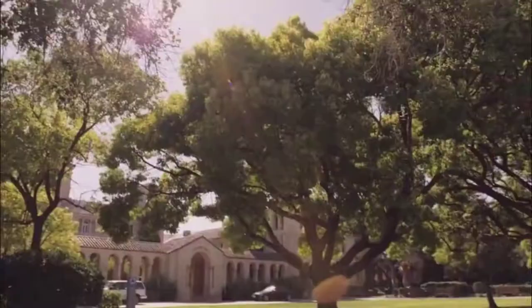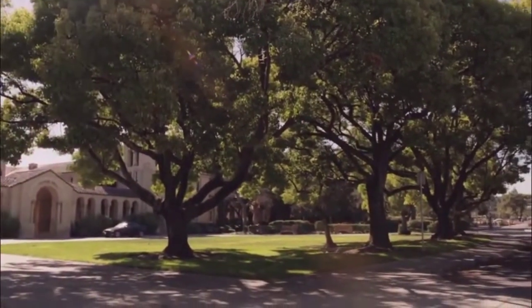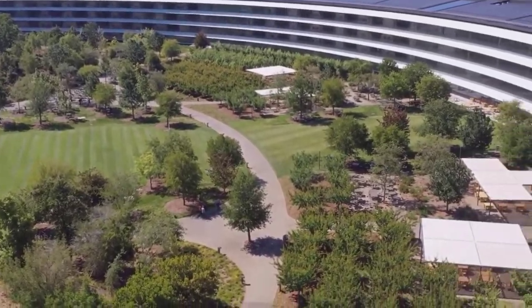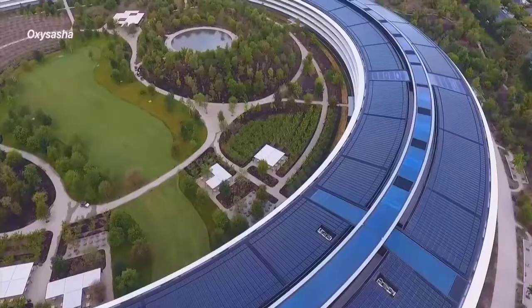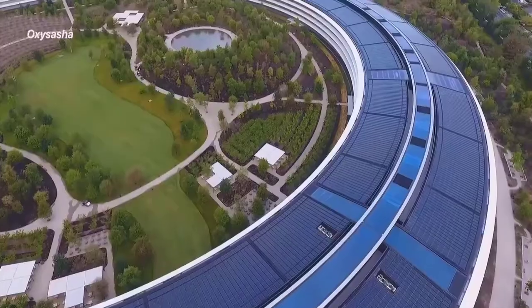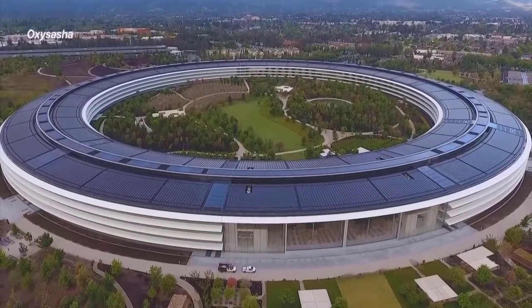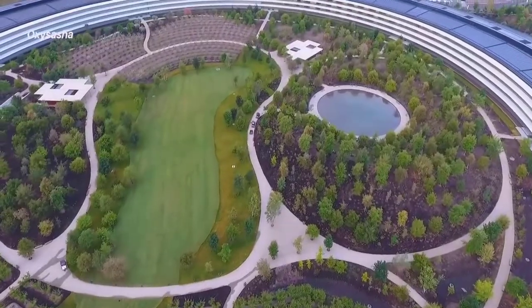Let's find out. Spanning 176 acres of land, you have plenty of room to fit thousands of employees in the structure. But that was not the primary goal. Steve Jobs, the founder of the company, wanted the campus to be closer to nature, more like a park, hence the name, and 80% of the land is green space. It took 8 years to go through the planning, proposal, permit application, and construction process. In 2017, the 12,000 Apple employees began working from the spaceship,